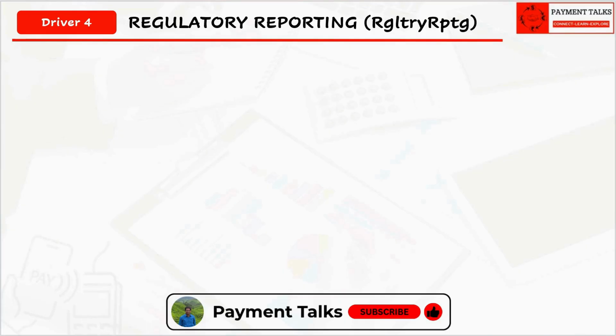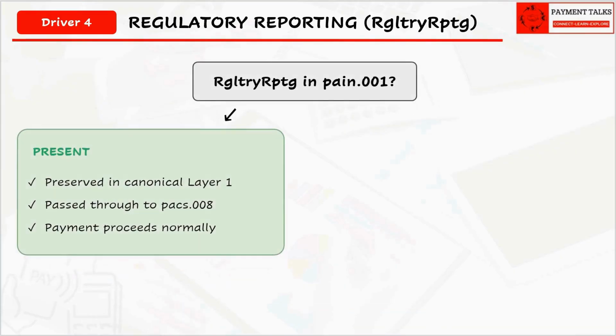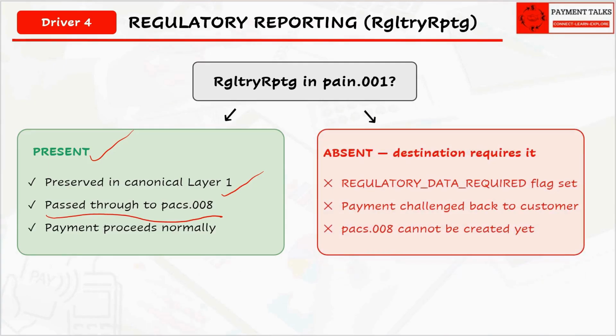Driver 4 is the regulatory reporting field. If regulatory reporting data is present in the pain.001, it is preserved in layer 1 and passes through to the pacs.008 unchanged. If it is absent but the destination jurisdiction requires it, the bank sets a regulatory data required flag and challenges the payment back to the customer.